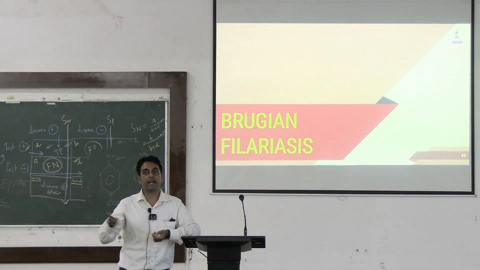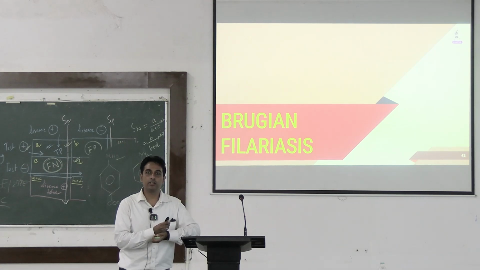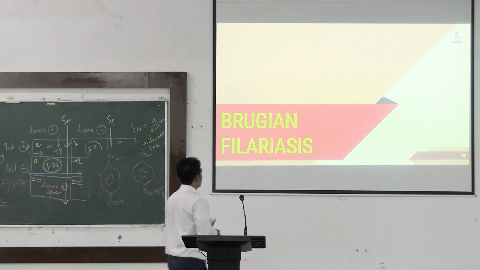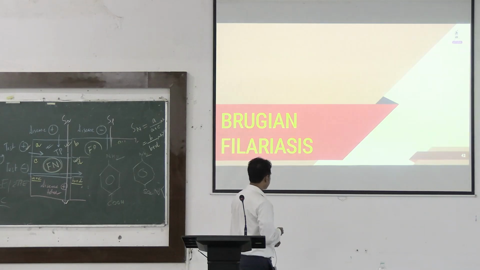Milky white urine is chyluria. This is occurring due to the presence of chyle in your urine due to lymphatic obstruction, and swelling of the lower limbs. So the diagnosis will be lymphatic filariasis, and your question will be like this. Now coming on to the short note of Brugian filariasis.